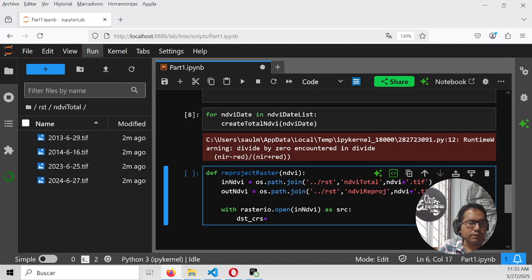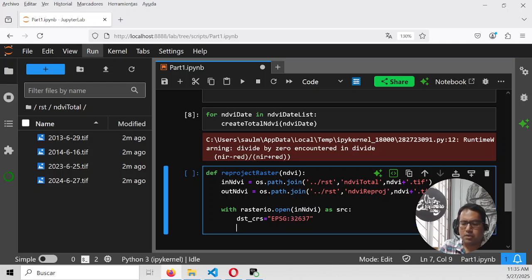We are going to transform to EPSG 32637. Okay, so transform with height is equal to